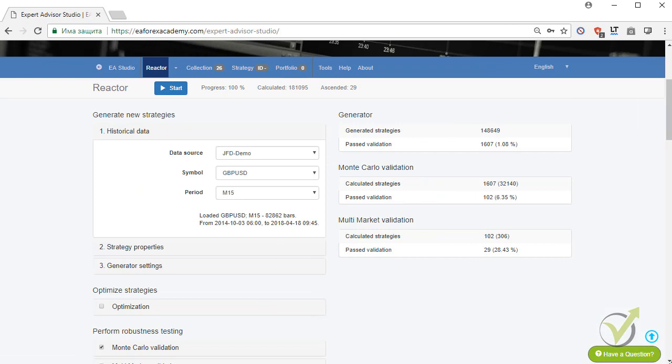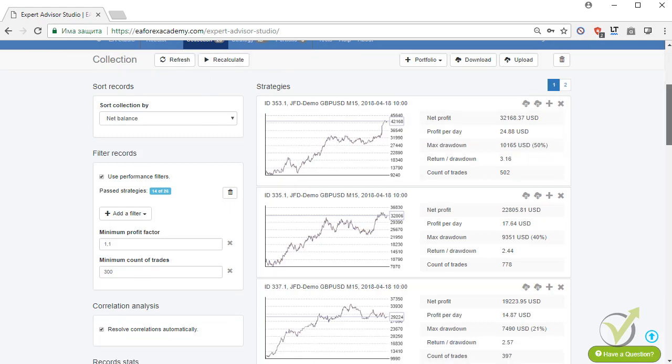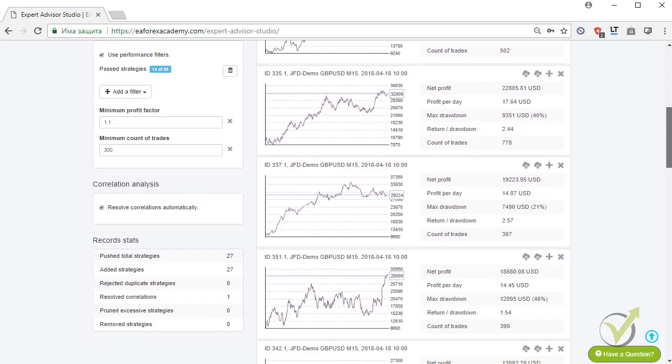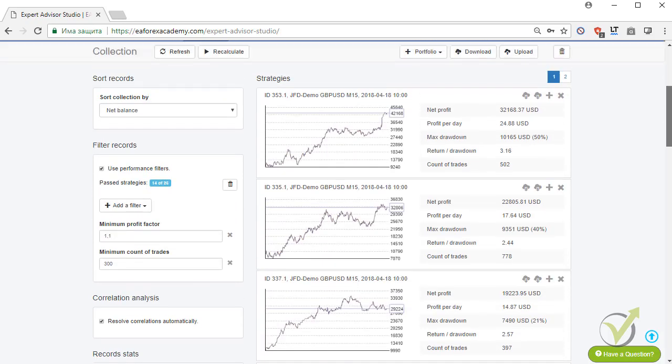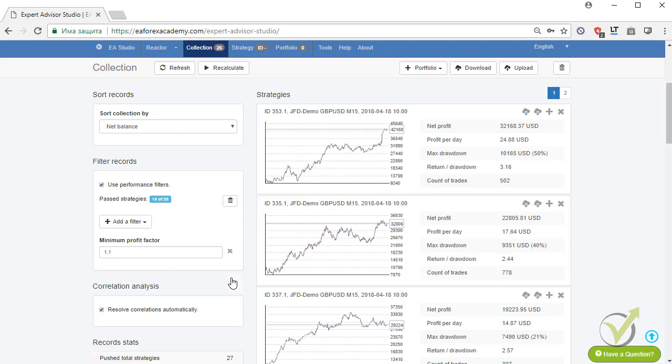So what I have here, the pound dollar, you can see how many strategies were totally generated, and at the end of the day I have 29. So I'm going to the collection again, 26 that were resolved correlations as well, and actually 27, yeah, 26 one resolved correlation. And here minimum count of trades is here, but this is actually in our acceptance criteria, so I